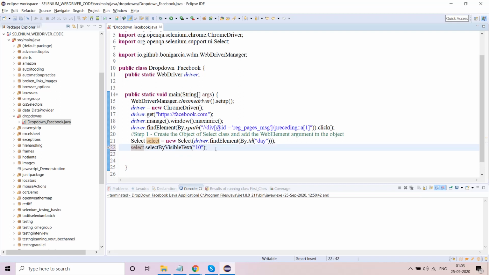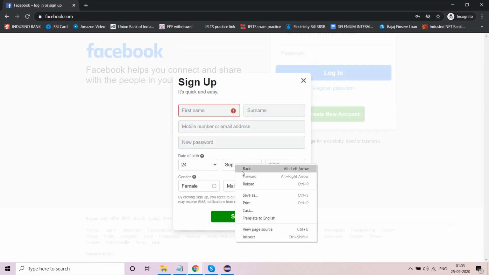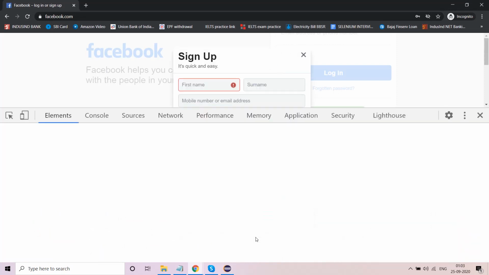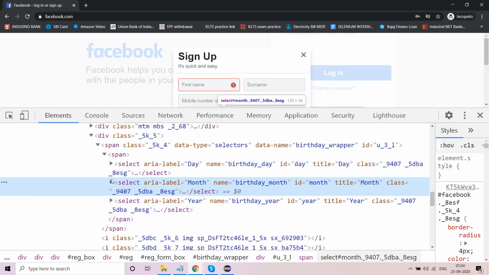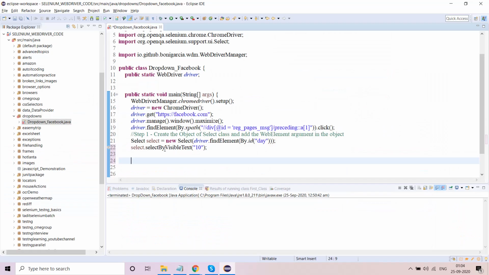Now what next? So you want to do this. So now for what is next for this September, for this month? So let's highlight this. This also has an ID month, and it also has these options and values. So what should I do here? So if I write here